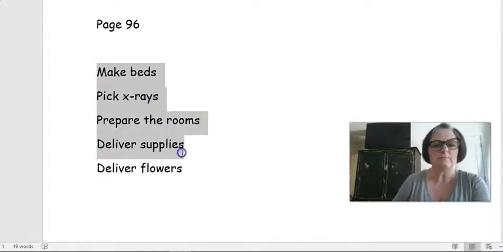So do you remember, did Marco like his job as an orderly from the work that we did last Wednesday? Yeah, he did, but he doesn't like the pay. So did he like his job? Yes. He doesn't like the pay. What does Marco want to do? Do you remember? He wants to become a nurse. So he doesn't want to be an orderly anymore. He wants to go to school and become a nurse.